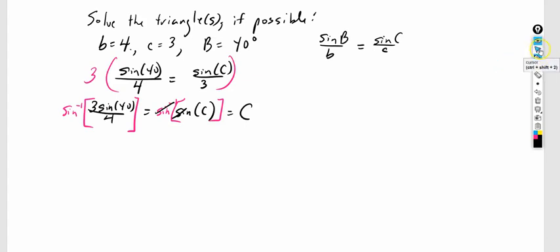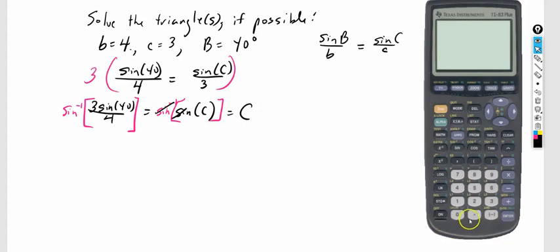Okay, so let's get our calculator up here. Make sure your calculator is in degree mode. Okay, you can see here it's in degree mode. So I want the inverse sine of 3 times sine of 40, close parentheses for 40, divided by 4, close parentheses for inverse sine. Now for angles, we take those to one decimal place,